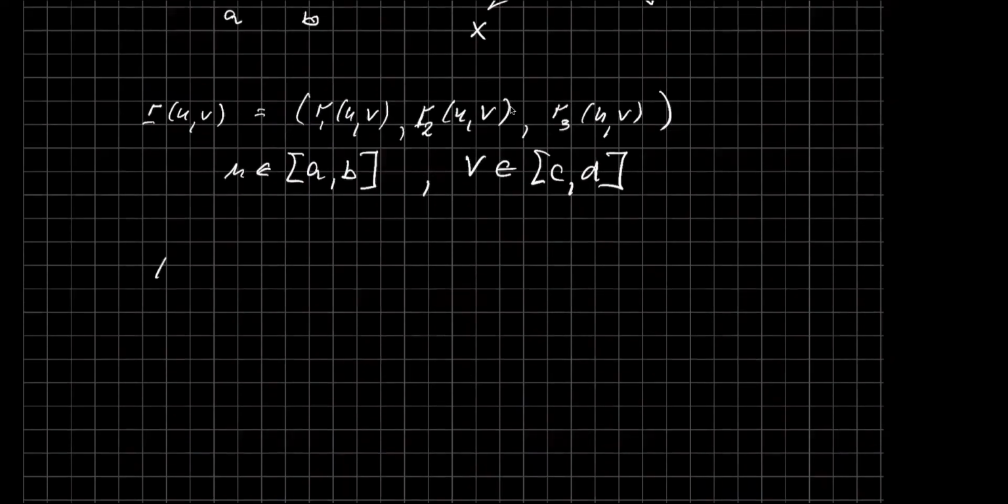Then the flux. The flux of the vector field through the surface, f of r, is the integral over the surface of the vector field times the unit normal vector